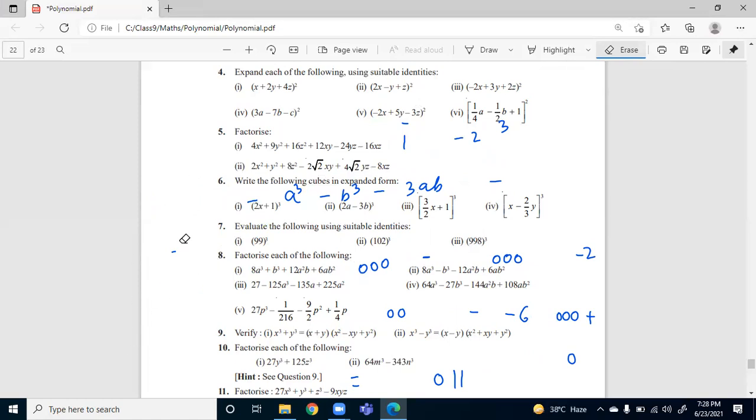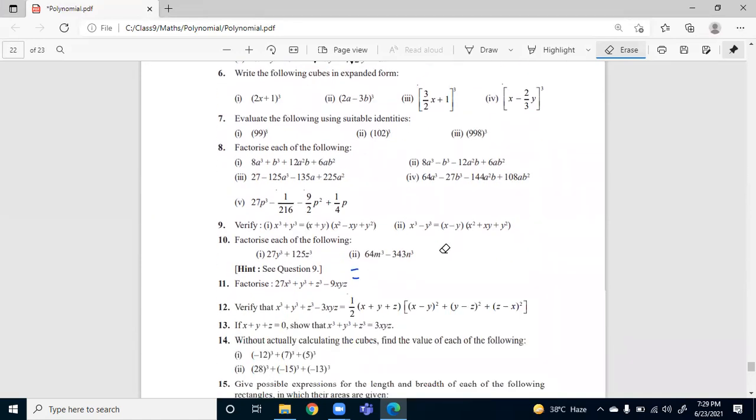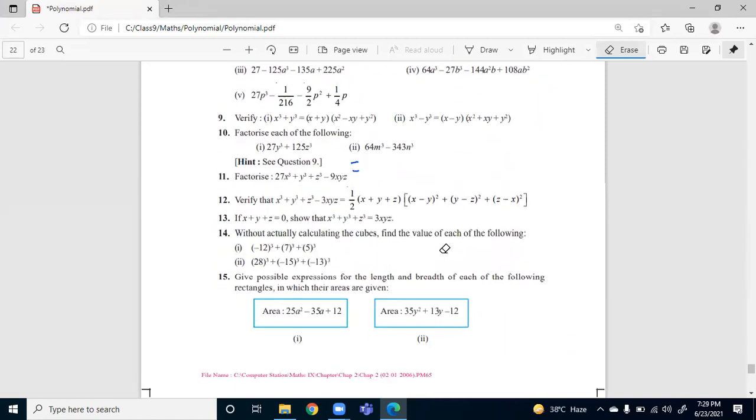The eighth question is a big one. If you want, I can explain it early also. If you are stuck in some identity, I can explain it first and then we can move to the eighth question. Which identity, Leona, are you asking about? Ma'am, yesterday's identity you taught, the last one. The conditional identity? Yes, ma'am. I also want to know. Okay.